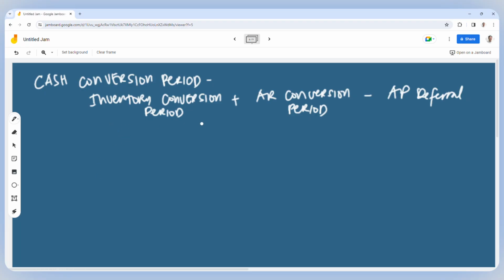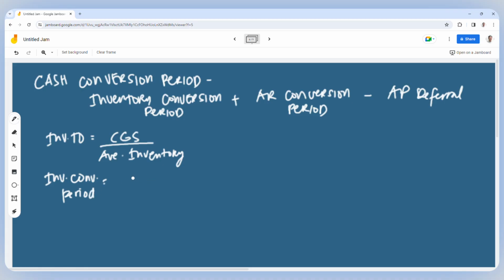Ano, class, again, yung formula ng inventory conversion? Unang-una, we compute for our inventory turnover. Okay lang ulit-ulit para at least you can be able to understand, no? So, ano yung formula again? Cost of goods sold divided by average inventory. Alright. And then, after that one, gagawin natin yung inventory conversion period. The formula here is 360 days or 365 days, just divide it by your inventory turnover.